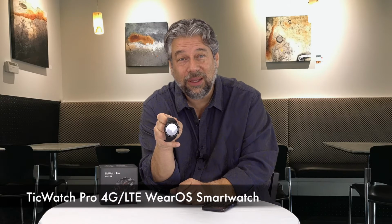Dave Taylor here, and I'm looking at this. This is pretty cool. This is the TicWatch Pro 4G LTE. So it is a smartwatch. I will tap it to wake the screen up, and it gives you all sorts of different features and functionality, and there's lots of stuff you can get to. But most importantly, this is a WearOS smartwatch. So it's kind of like the Apple Watch, though frankly with an iPhone, less functionality, but we'll come back to that. What I will say is that it's actually really cool and I really like it, and I've been wearing